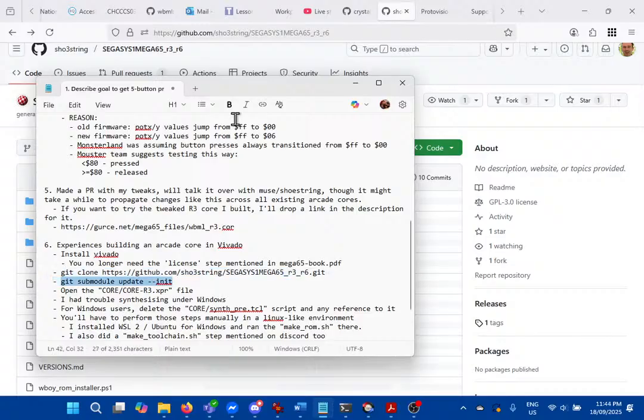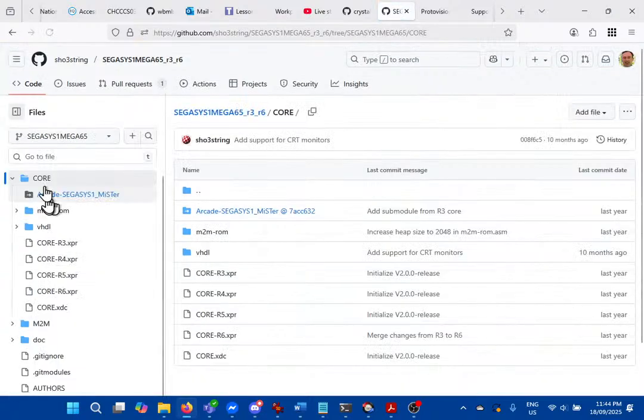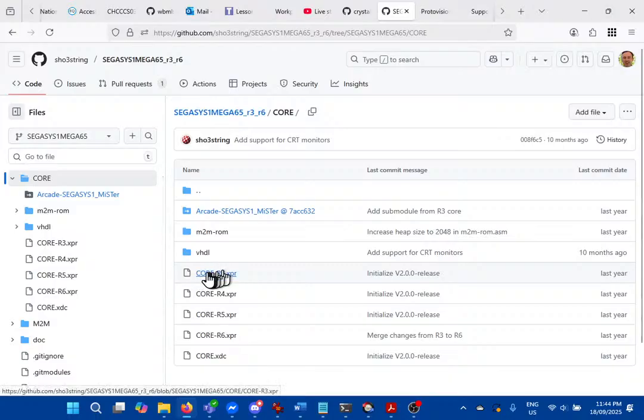Grabbing the submodules, and then inside here, there's this XPR file. That's the project file for Vivado. So I won't do this in Vivado because it will take too long. Inside core, I've only got an R3 board for my Mega65, so I would open up that XPR project in Vivado. But